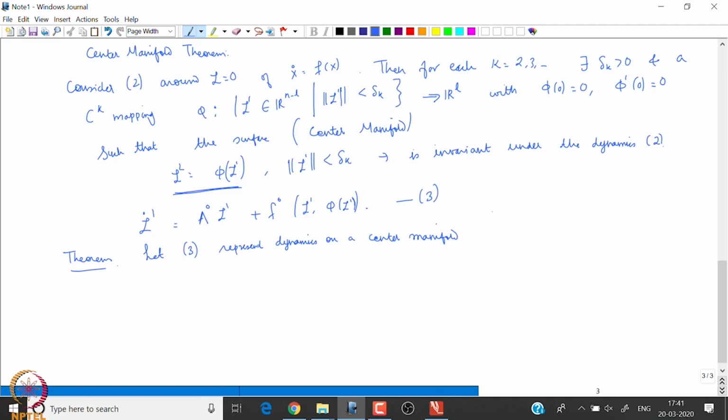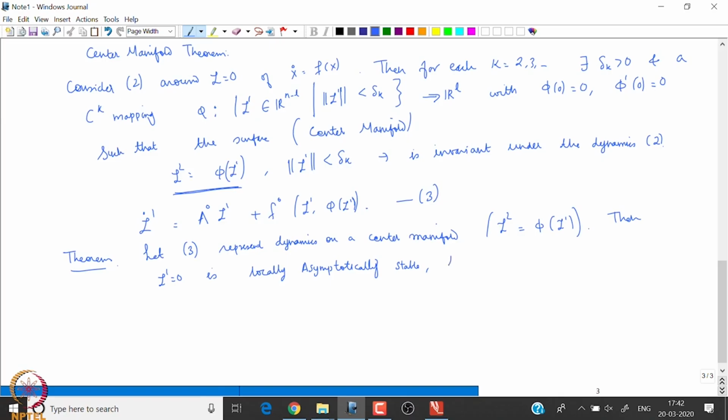How is the center manifold given? This is Z2 is phi of Z1, then Z1 equal to 0 is locally asymptotically stable